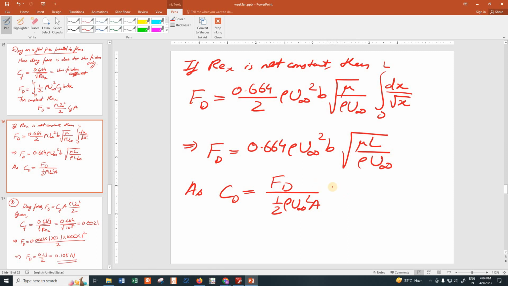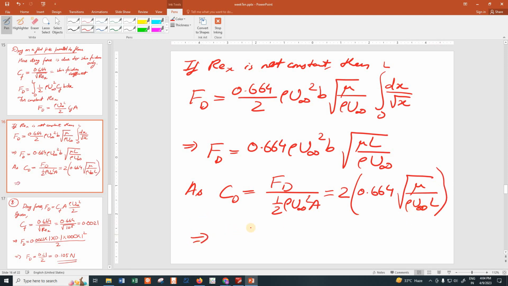So this would make it 2 into 0.664 into the square root of mu by rho U infinity L. So this is basically your Reynolds number. So this implies that the drag coefficient would be